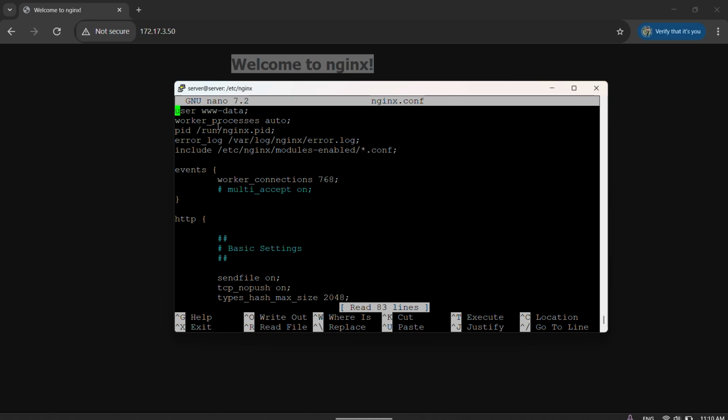We have user. This is the built-in user for Nginx. We have worker_processes. It is assigned to auto. What does it mean? Worker processes define how many worker processes to run. Auto means it will match the number of your CPU cores. You can adjust auto to the number of your CPU cores. Mine is, let's check,